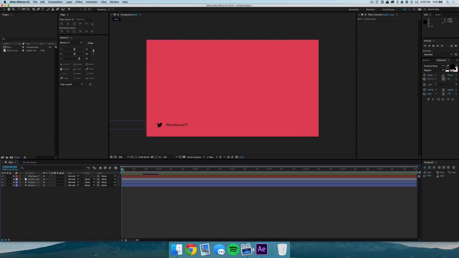Then we're just going to go in a couple of frames to where the rectangle is behind the icon, and you can add as much margin as you want. This is going to affect how long the animation actually takes. So I'm going to go to about 14 frames here, and I'm going to go to the Twitter icon and